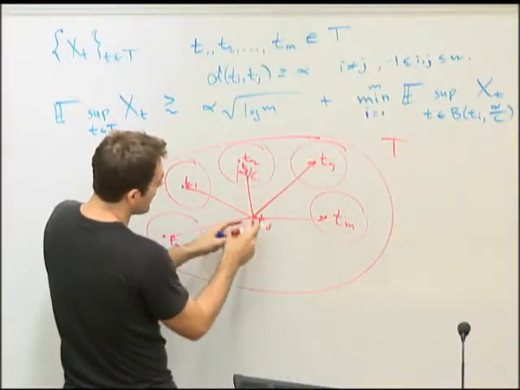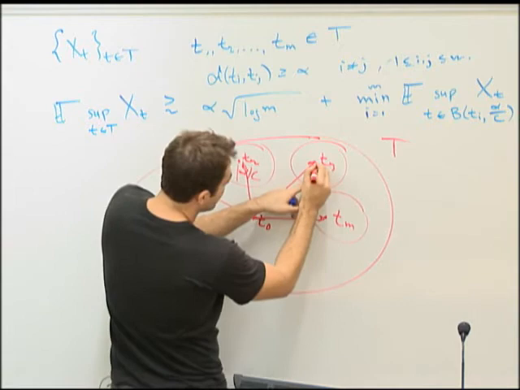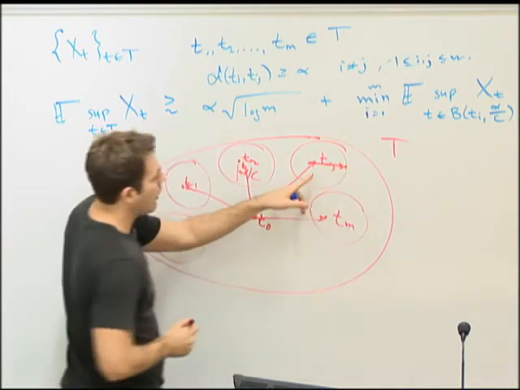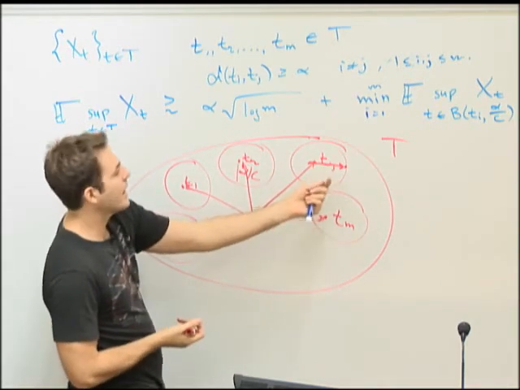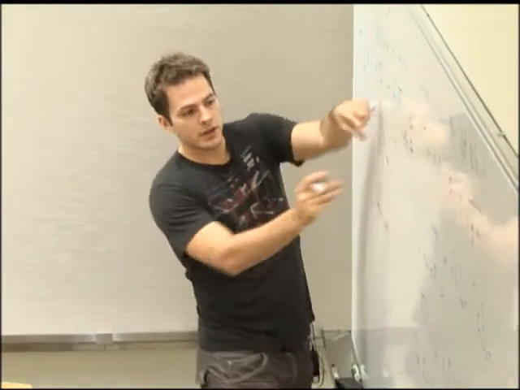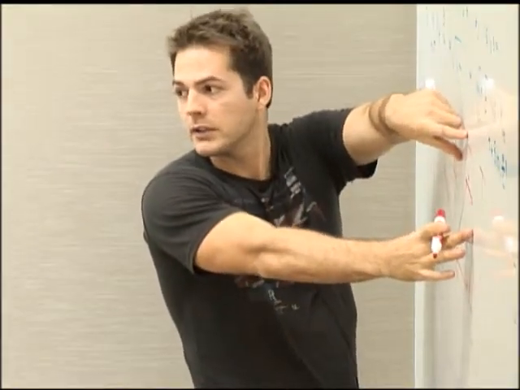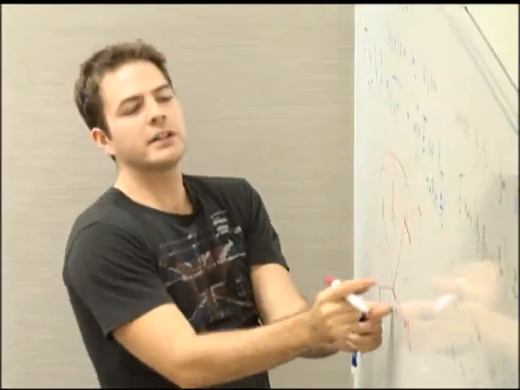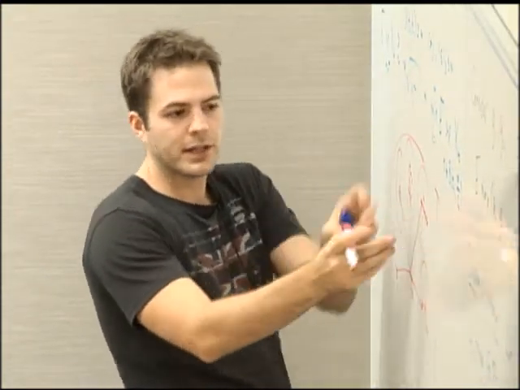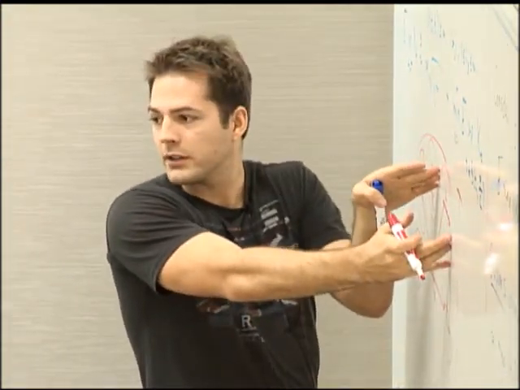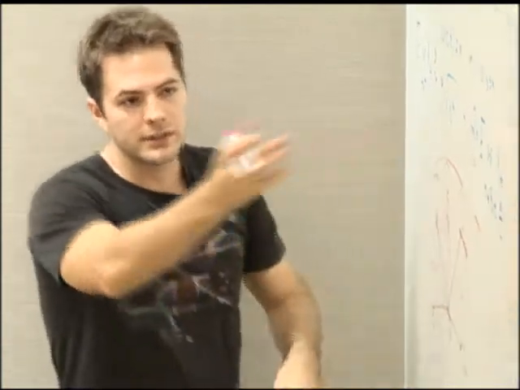But then I should say, okay, if one of these is large, then I should at least be able to get a little bit more, or maybe possibly a lot more, from the expected supremum over this ball as well. So I want to be a little bit greedy. I want to get not this, but this plus whatever the expected supremum in this ball is. So some kind of inequality like this.